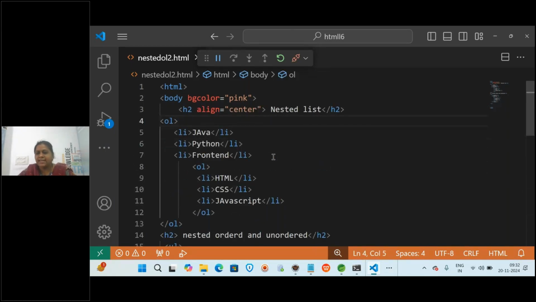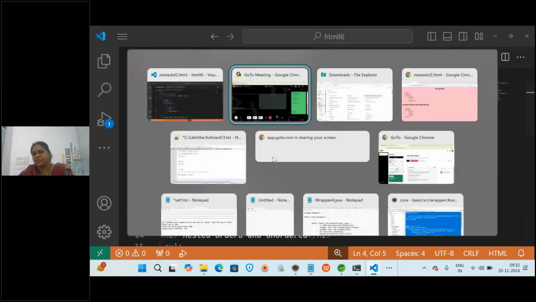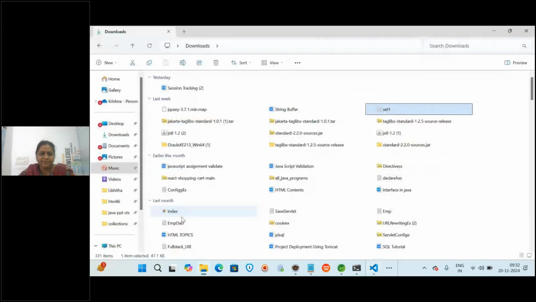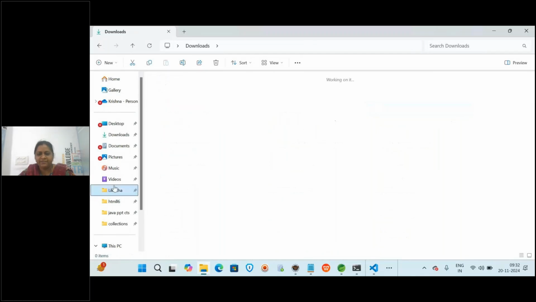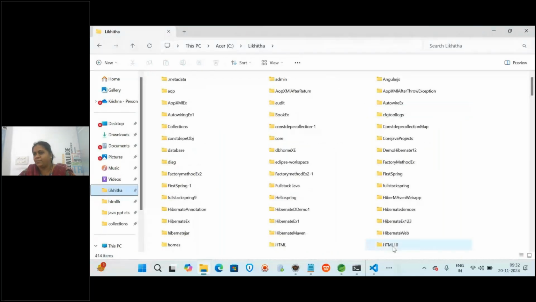Okay, so this is like nested, ordered, and a combination of both lists. I will show you one example where you can try by yourself. Yesterday I gave one example to do.